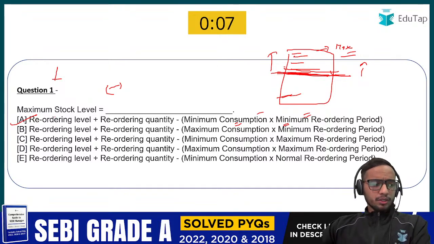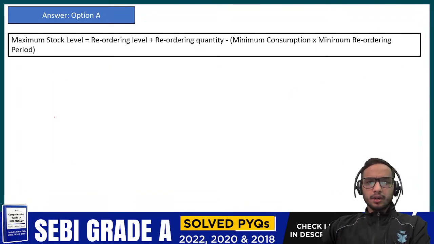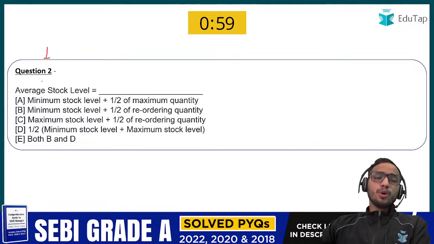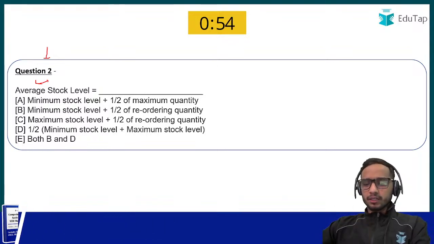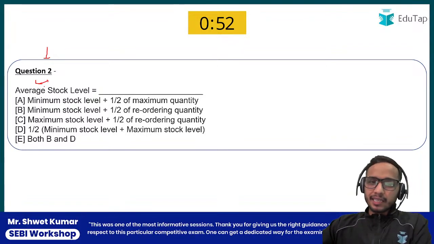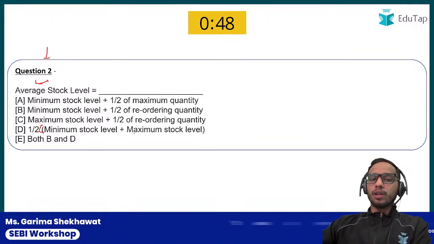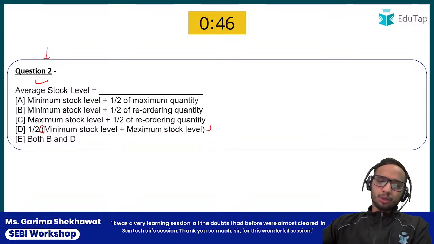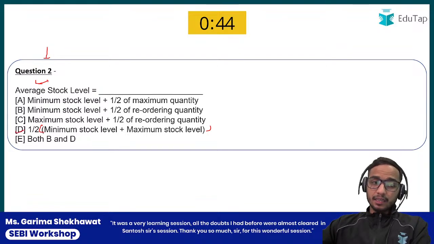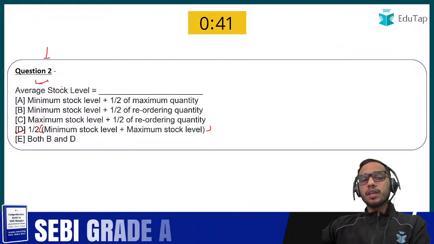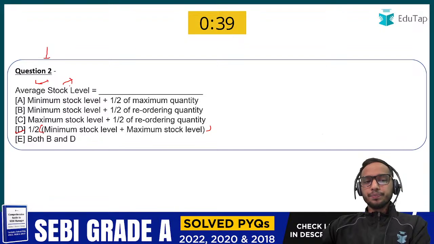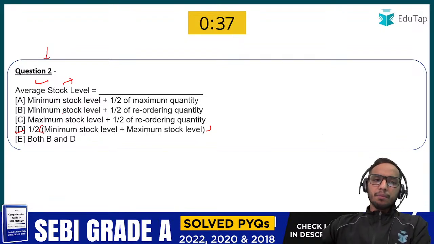Chalo, let's get to question number 2, average stock level. Now average stock level has two formulas. One formula you can easily guess, because it is very easy. That is the average of the minimum stock level and the maximum stock level. So D is correct, but there is another formula for the average stock level, and that formula is this: minimum